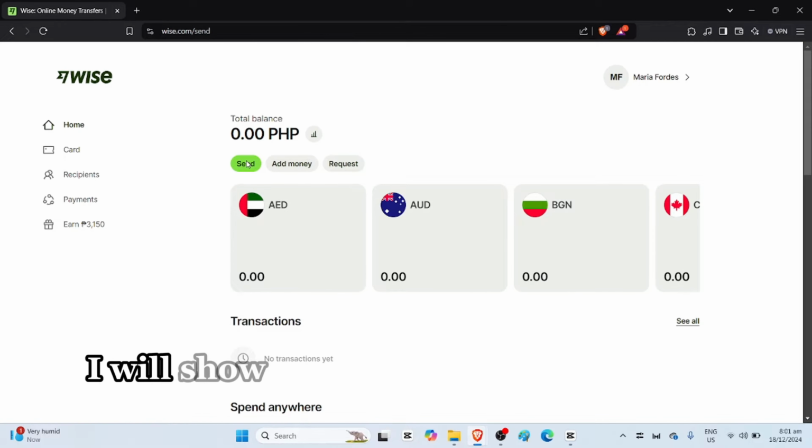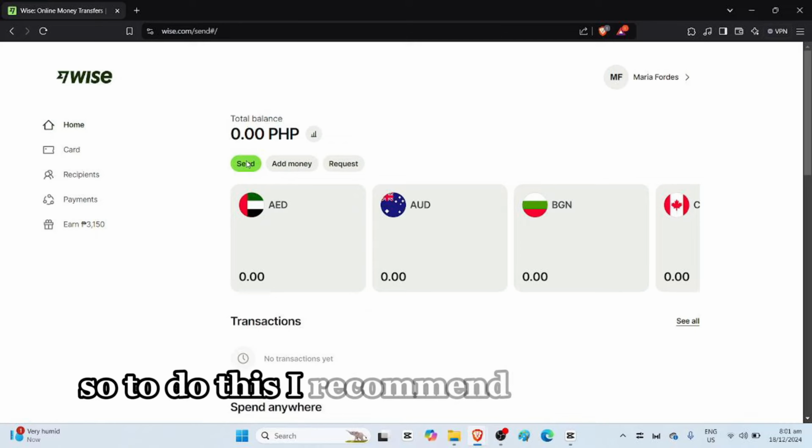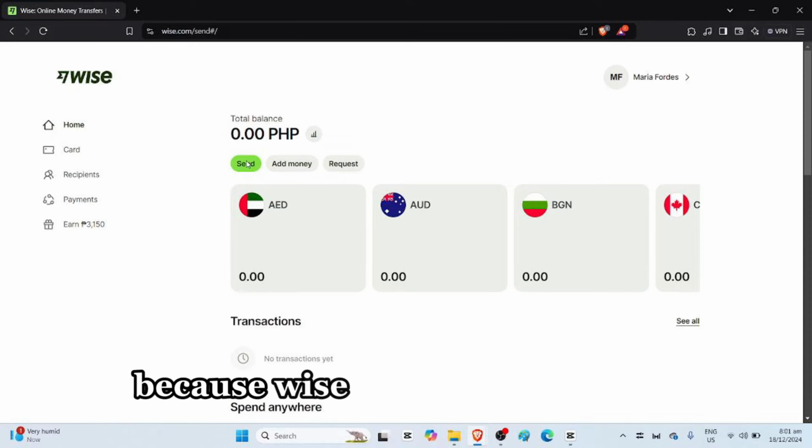In this video, I will show you how to transfer money from USA to India bank account. So to do this, I recommend you use Wise because Wise is one of the easiest, fastest, and cheapest ways